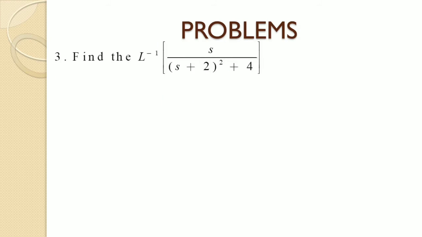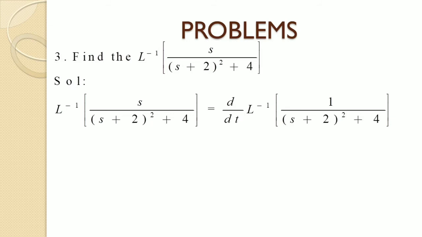Now let's see the next problem. Find the L inverse of s by s plus 2 the whole square plus 4. So this can be written as d by dt into L inverse of 1 by s plus 2 the whole square plus 4. So d by dt into e power minus 2t into L inverse of 1 by s squared